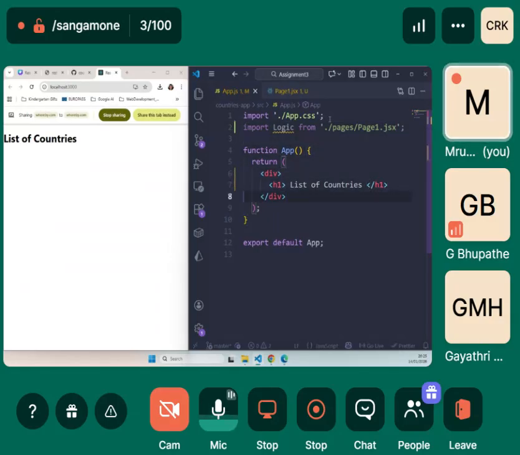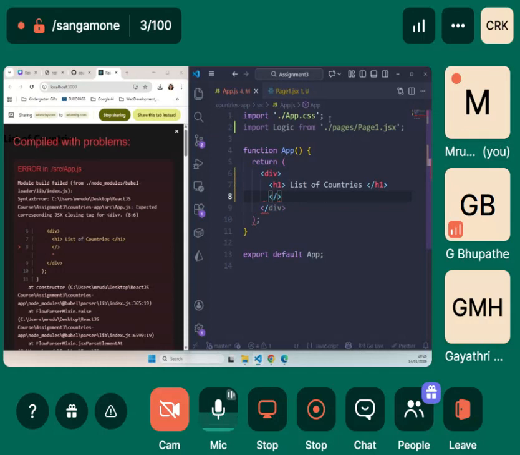Now we have it here. Since Logic is a React tag, it is a self-closing tag. So we say this, and within that we have Logic. And since it is a React tag, the L should be capital, Logic.